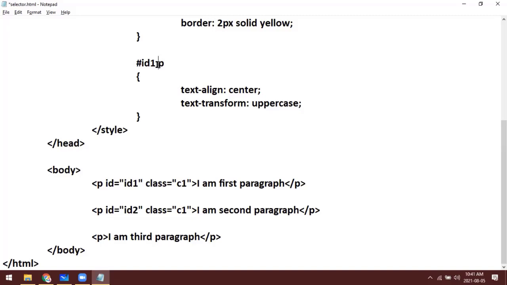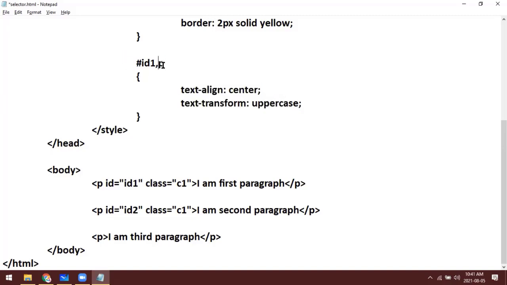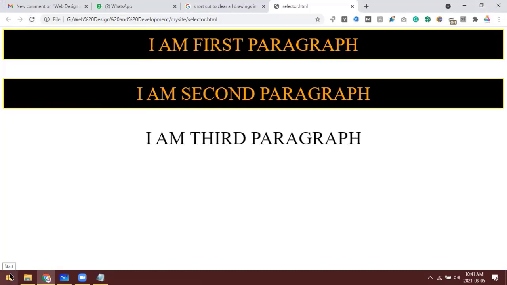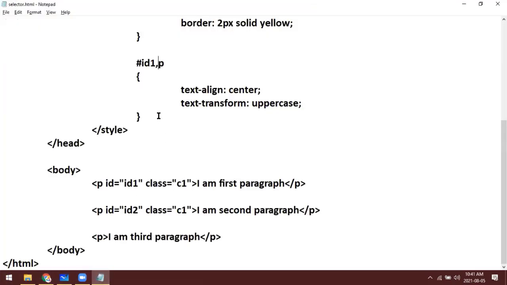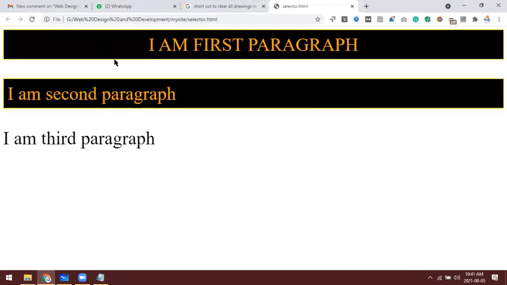Since we have not used any dot or hash, it's a default HTML element, in this case a paragraph. So this text align will center all the text and transform all the text to uppercase. Now we don't want this, so you can keep it like this. Now we have three different styles.